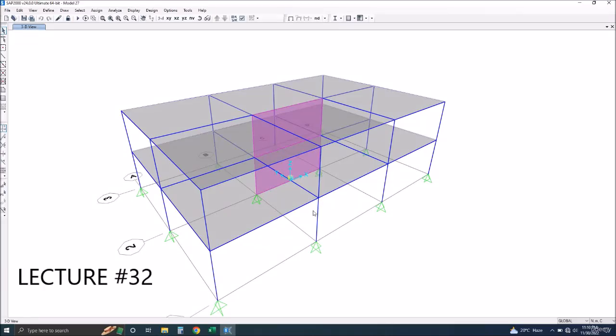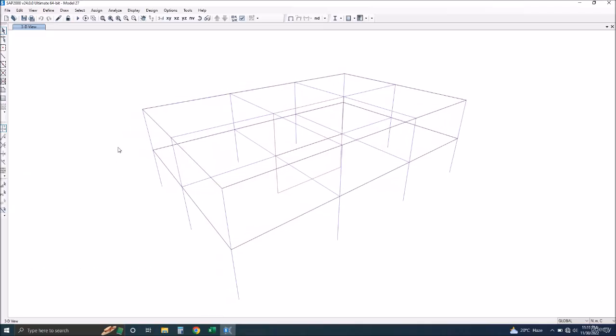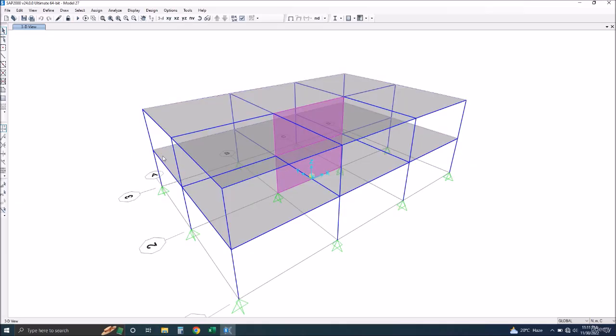In this lecture, we will learn how to design steel columns. So I'll be utilizing the same structure in which we applied all the loads including earthquake loads, gravitational loads, wind loads and seismic loads. So right now we have set the units to Newton meter. We can change the units to kilonewton